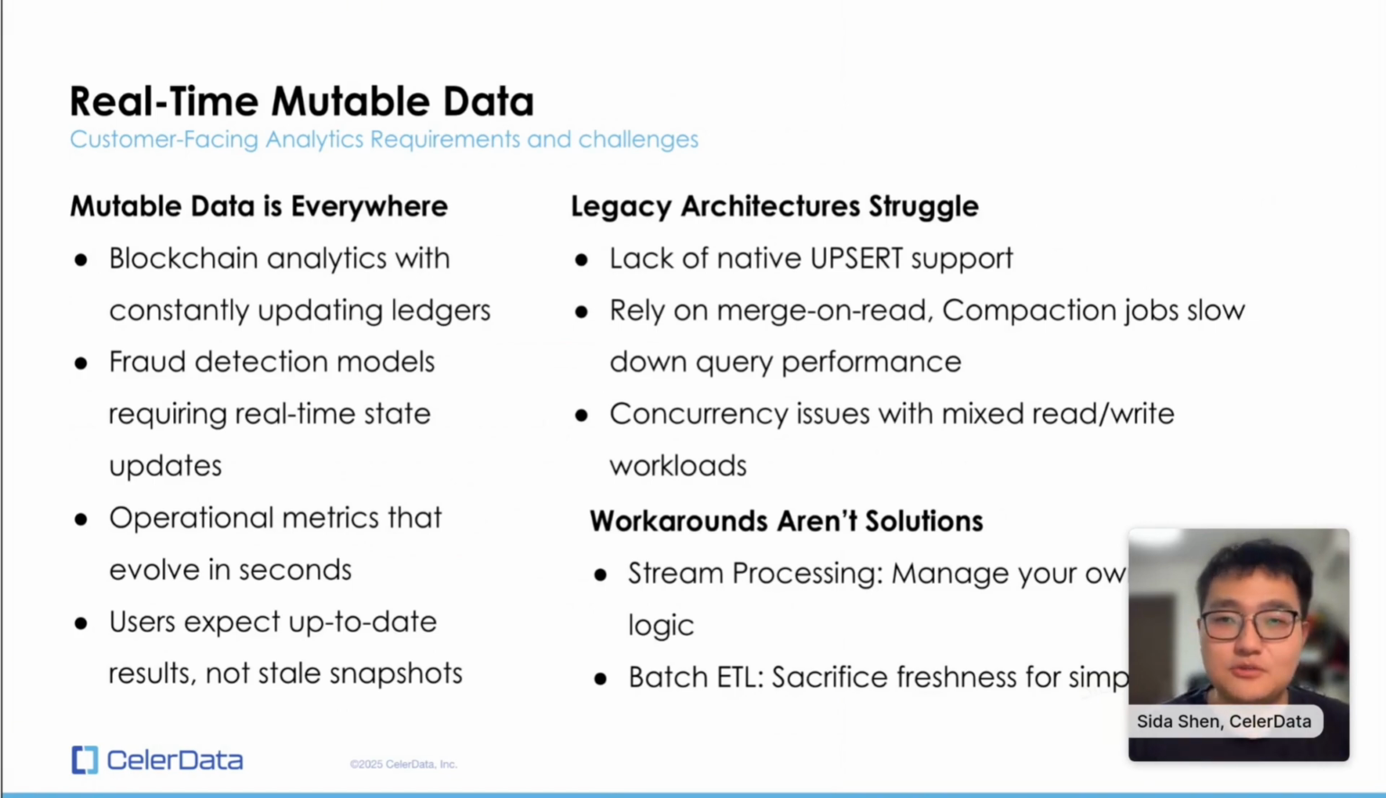And the second challenge is mutable data, right? Mutable data meaning the data changes, right? With updates or deletes, call that upserts, right? And doing that for real time is actually pretty difficult, right? And mutable data is everywhere, for blockchain, for fraud detection, for operational metrics, and they're everywhere. And users are expecting up-to-date results, not stale data, right? Especially when you're serving end users, right? But the problem is legacy architectures, legacy systems are not built to handle mutable data, at least in real time,